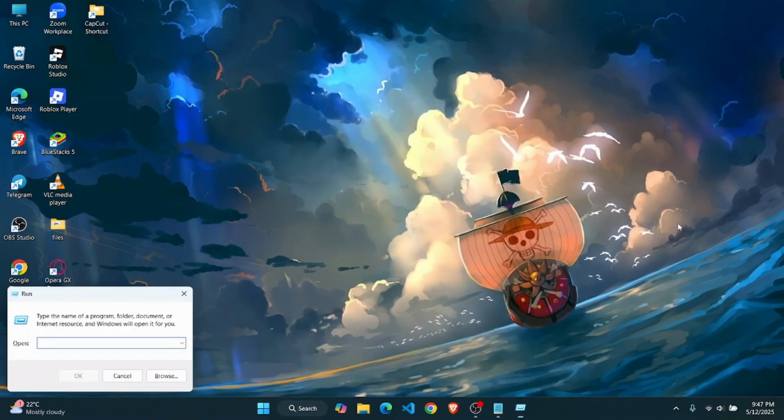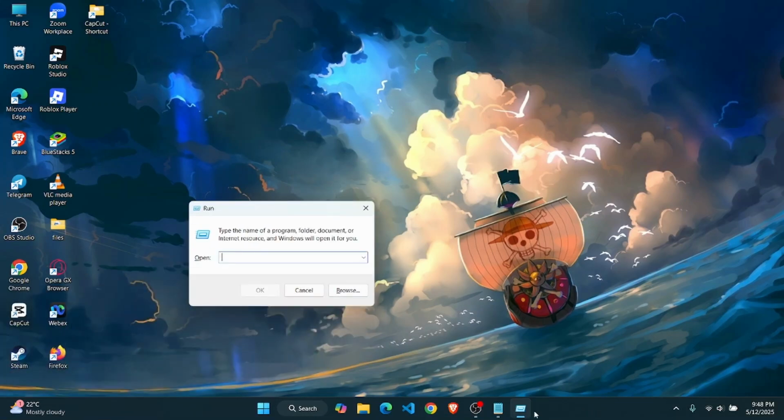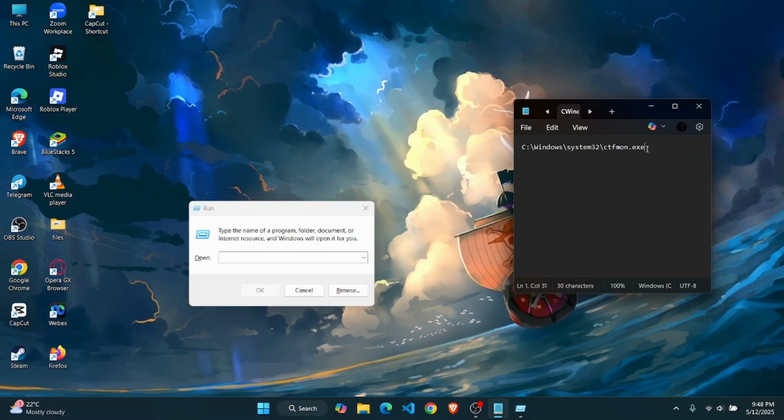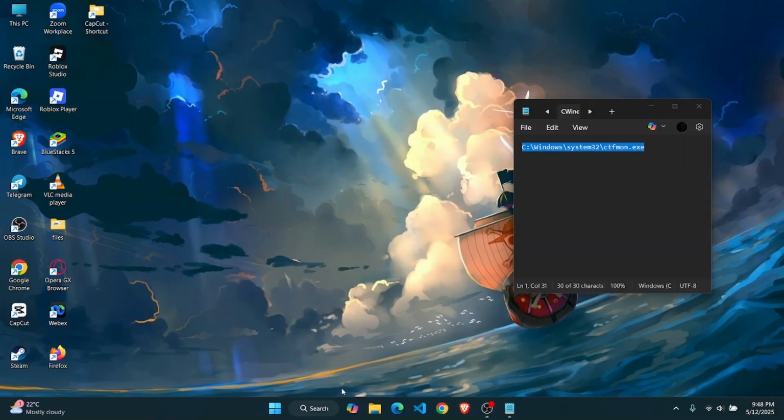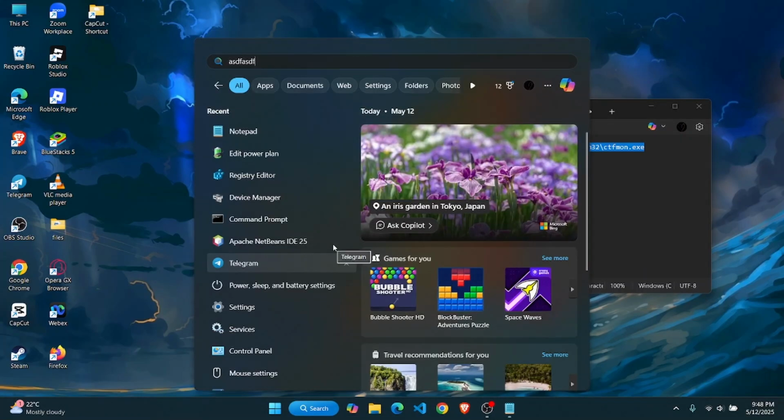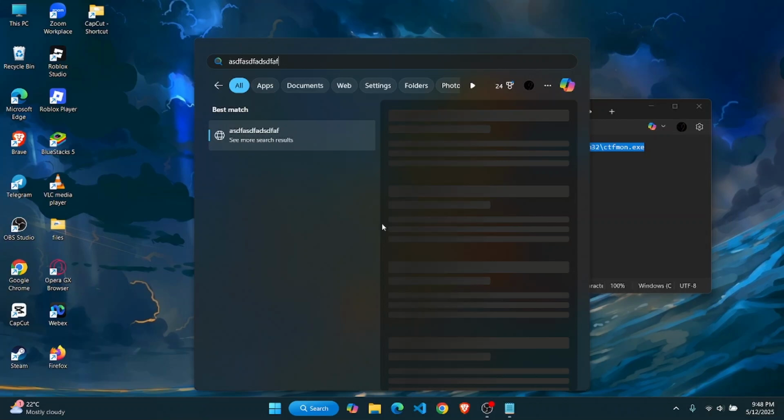run command. And then right here, you're going to have to paste this command right here. So just copy this or pause the video to read out the command and type in just as it is. Now just go ahead and press on OK. And after doing this, your search bar should start working and you should be able to type in your search